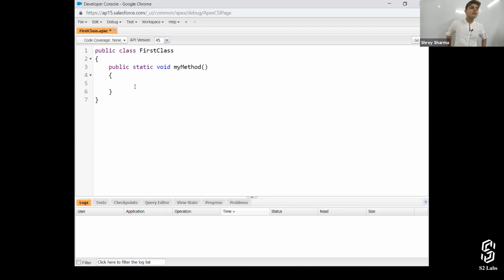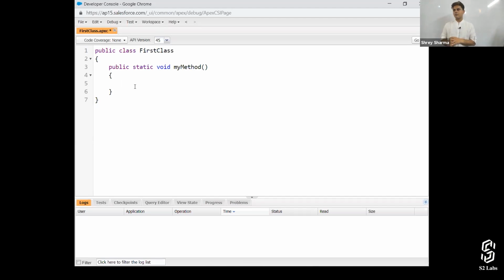Whenever we learn a new programming language, what is the first program that we create? Hello world. So for that we need to print it, right? But there is no black window in here. That command prompt or terminal is not here.